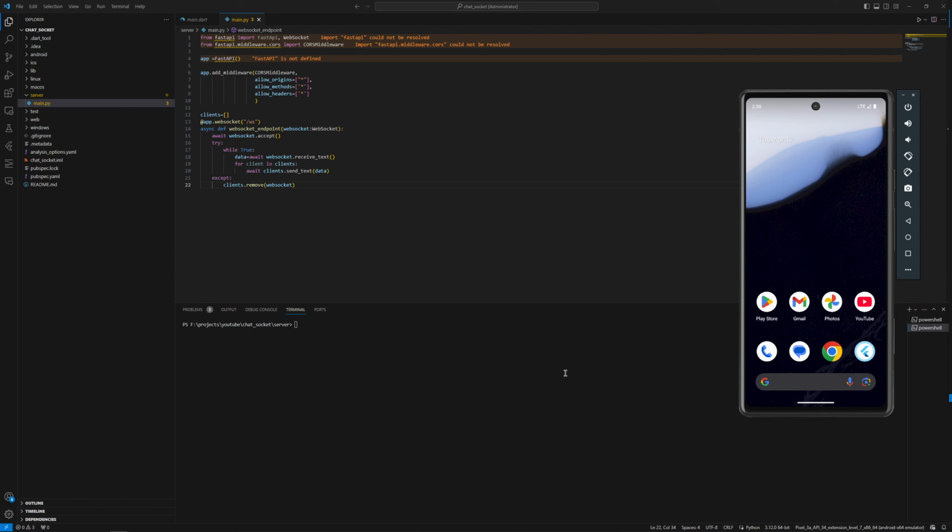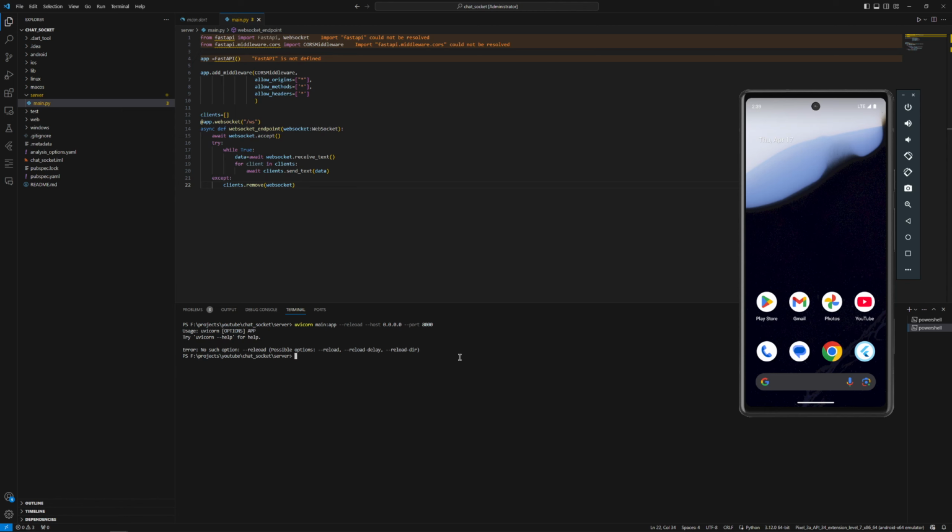So to do that, what I can do is uvicorn main:app --reload, and then I wanted to run it locally, so on 0.0.0.0, and then I'll access it from my Flutter app. So to do that, let's specify the port. So the port will be 8000, right? So if I run it,